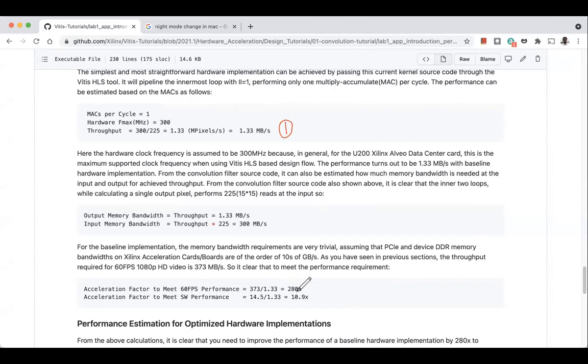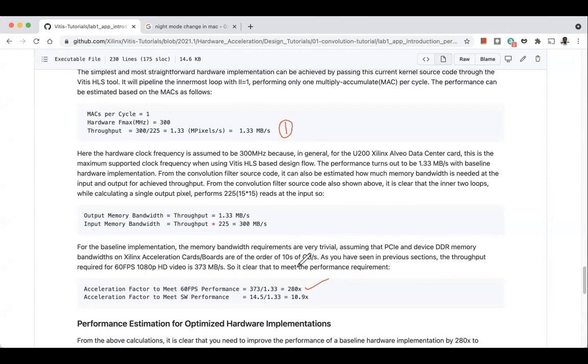And the requirement is 373. So we need to get a 280x performance improvement. In order for us to be able to process the video on the FPGA, we need to come up with a design which gives 280x improvement.